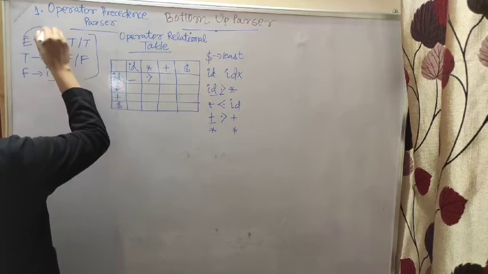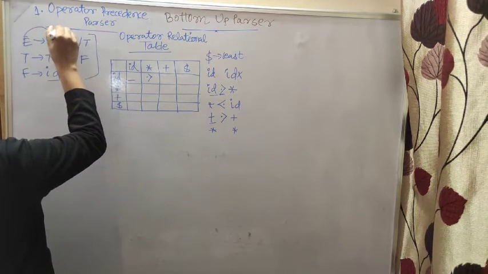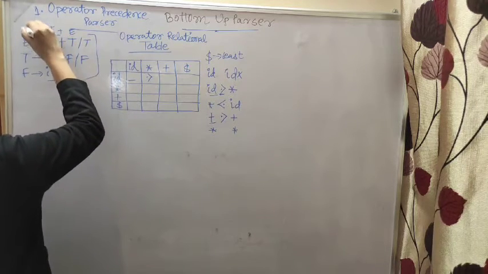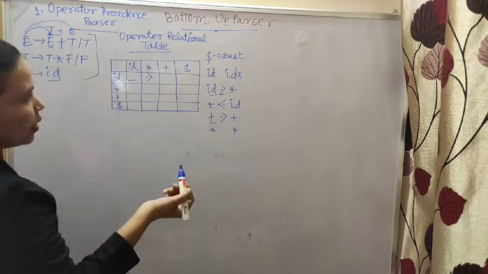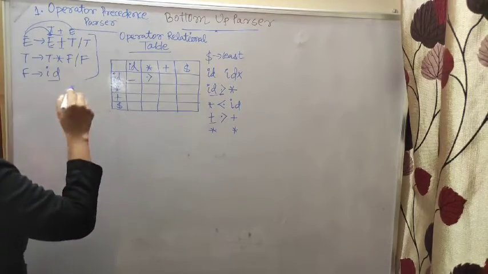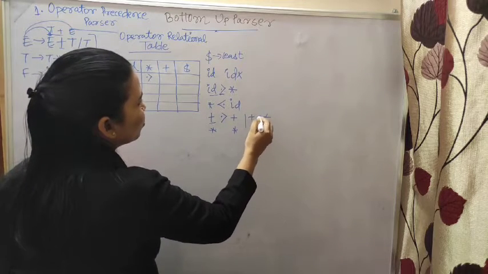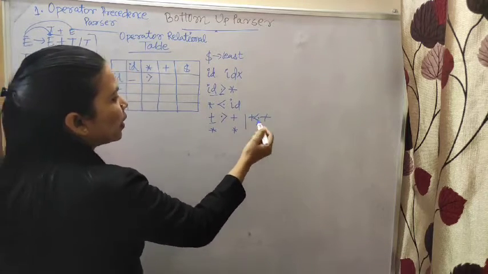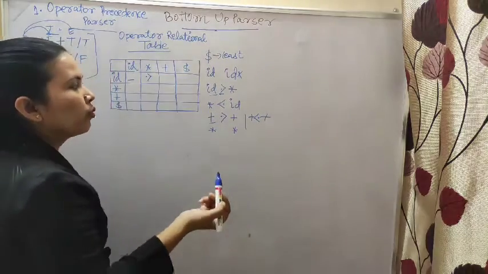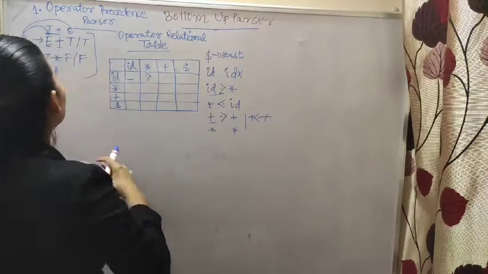If I change the production rule to T plus E, then E is on the right side, so this plus should be the right-side plus. At that time, if you compare plus and plus, then the right-side plus will be solved first. Okay, that is the meaning.